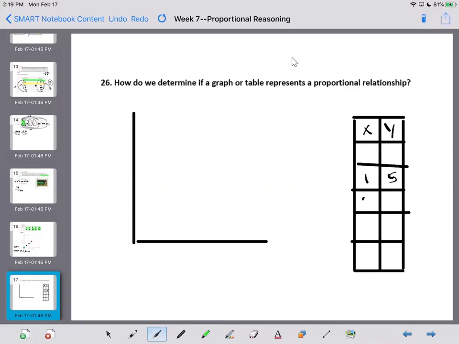Well, that would be 2 to 10. That would be 3 to 15. That would be 4 to 20. So notice all of those, 20 divided by 4, 15 divided by 3, 10 divided by 2. But what happens, I would have to also start at 0, 0 for it to be proportional. So I would need to start at 0, 0,